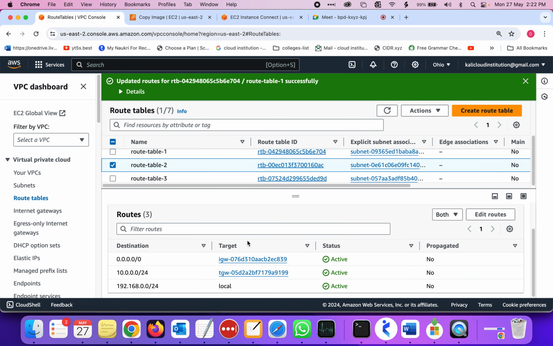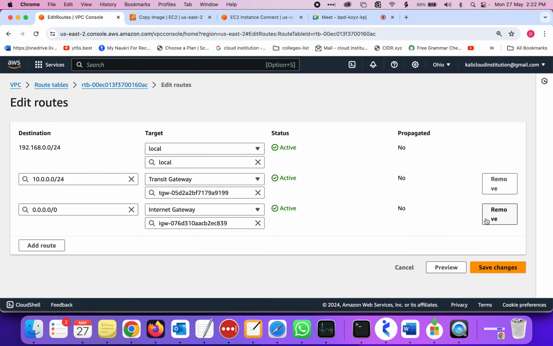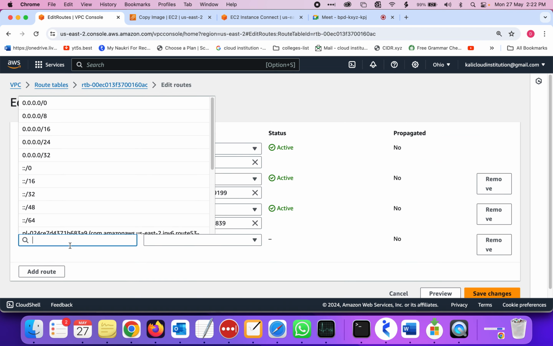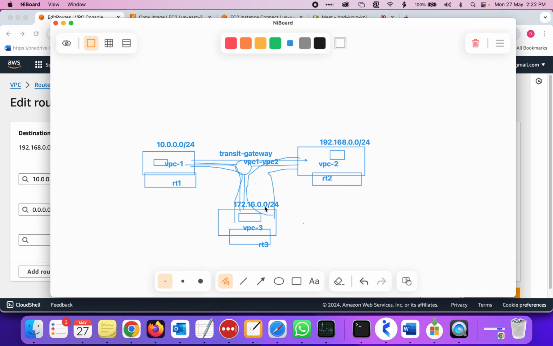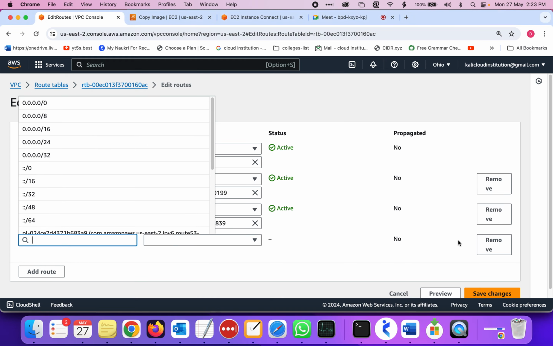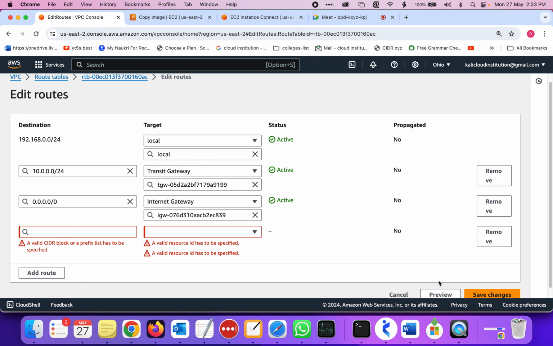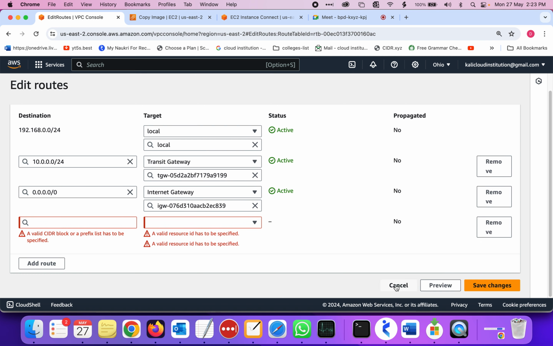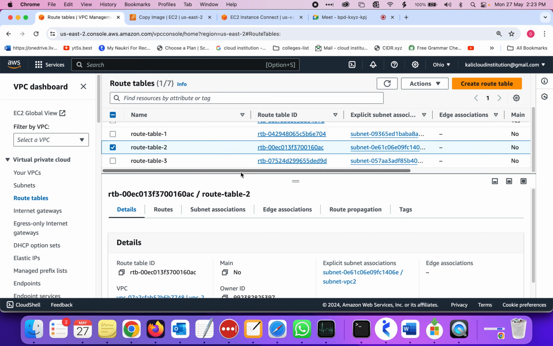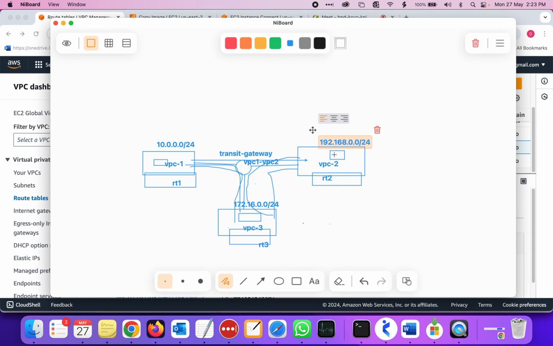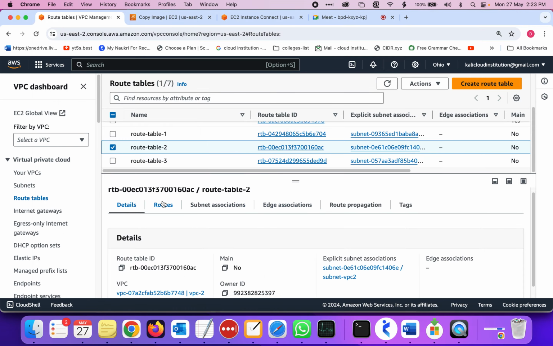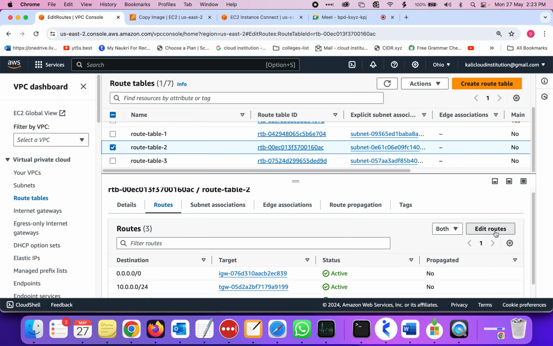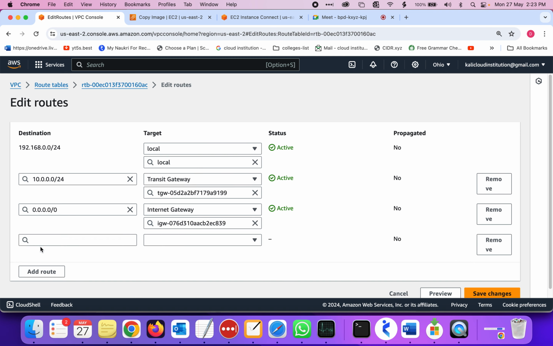Route table, right? You need to go and edit the route table and add a route, whatever the VPC is, 192.168.0.0. I don't know which VPC this one is. I just cancel it. Okay, route table 2 to route table 3. If you want to connect, I can just go and edit route table routes, edit routes, and add routes